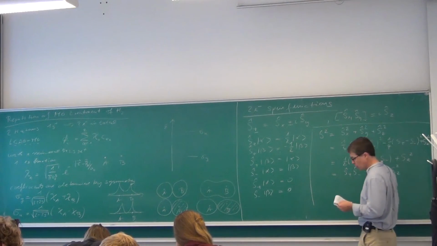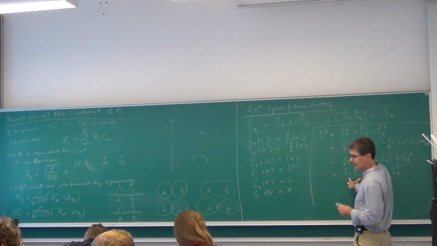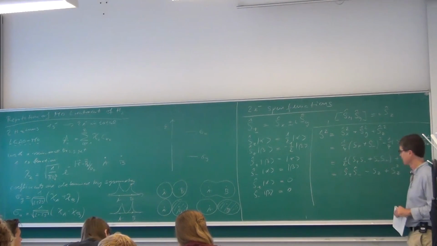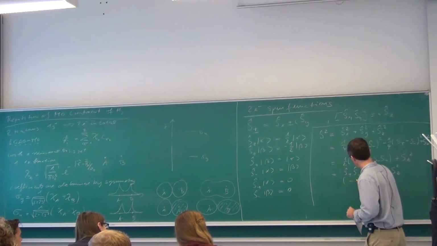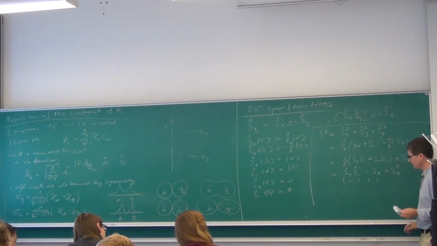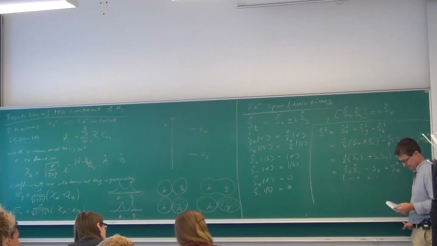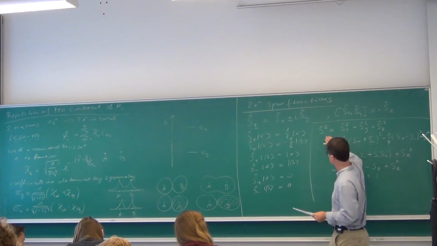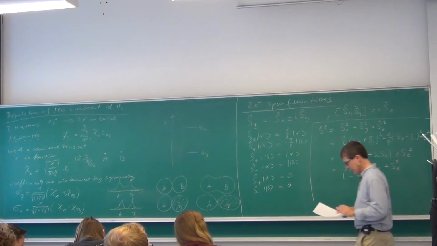You could also use the signs in a different way around here, and then you get a different sign there. So the other option would be S minus S plus plus Sz plus Sz squared. Okay, so we have S squared. I obviously have S